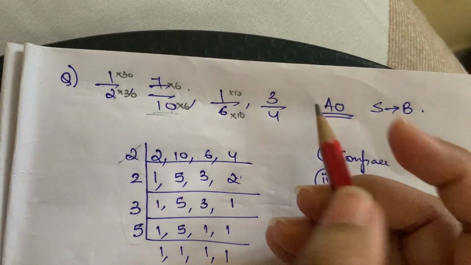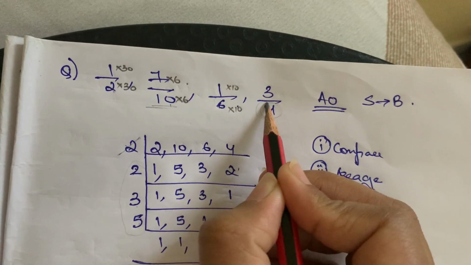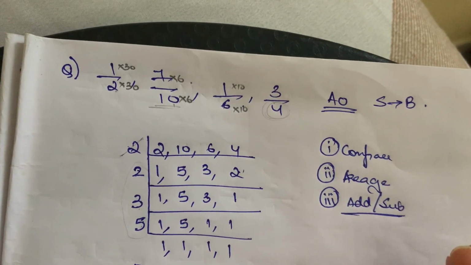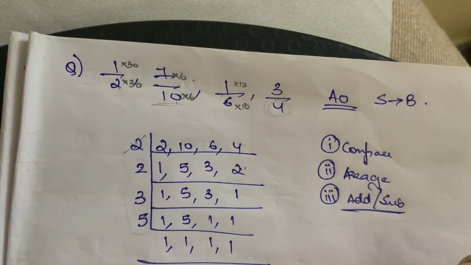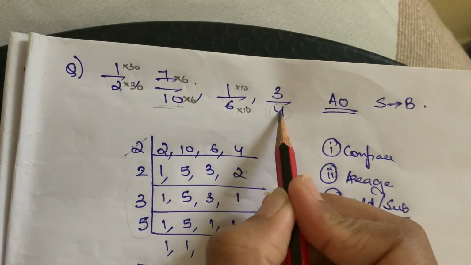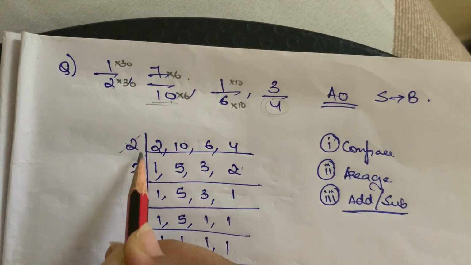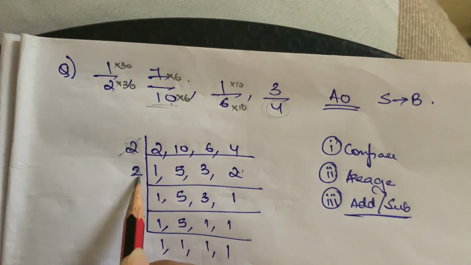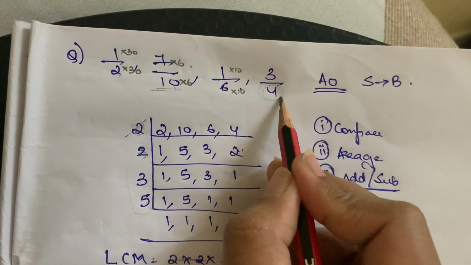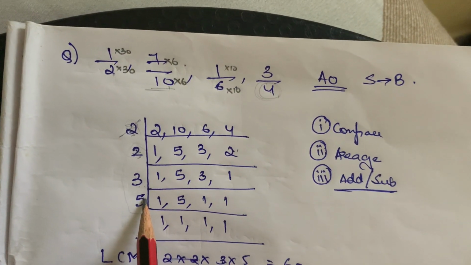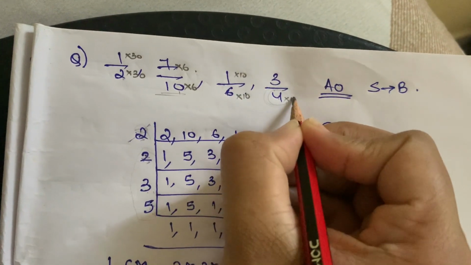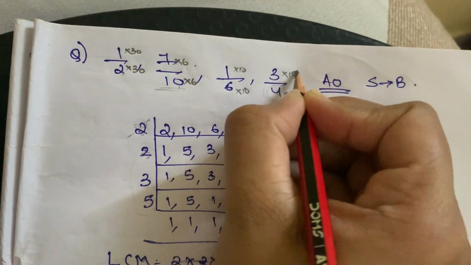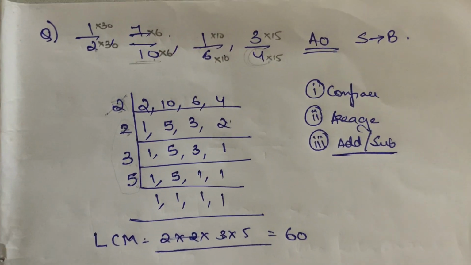Then now, what am I supposed to multiply with 4 to make it a 60? I don't know. So 4 is here, 2 2s are 4. 4 is here. Leave this. Rest all you have to multiply here. So 3 5s are 15, I have to multiply. So 15 I have to multiply in here to make it a 60. Then further ahead,